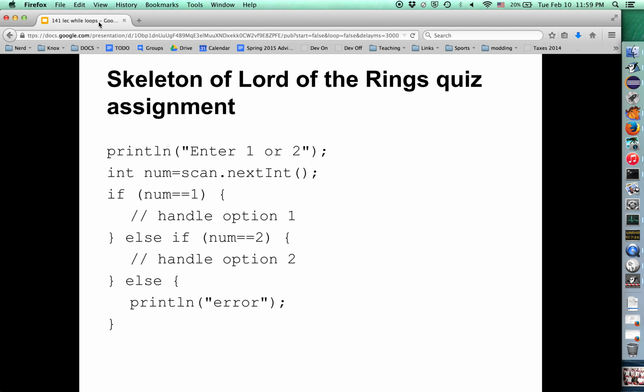Now we had our Lord of the Rings quiz. We don't assign this every year, but it's basically a nested if statement assignment where you've got a menu-driven system. So you're going to say enter 1 or 2. We read in the number that's entered. And then if it's 1, we do a bunch of stuff to handle option 1. Else if it's 2, we do a bunch of stuff to handle option 2. And if it's not 1 or 2, which are the only two valid options, we just give an error and